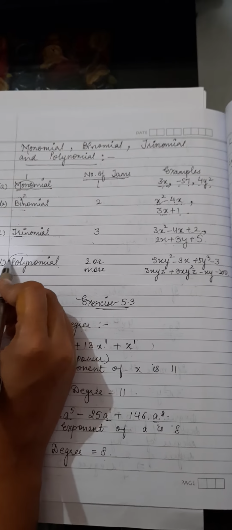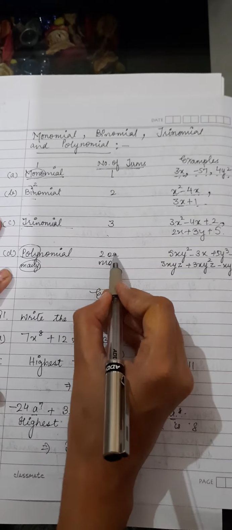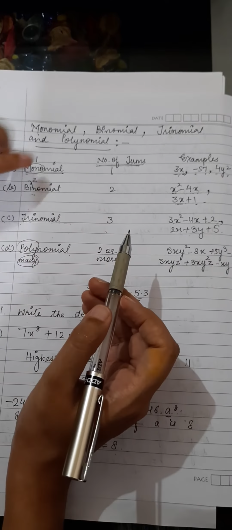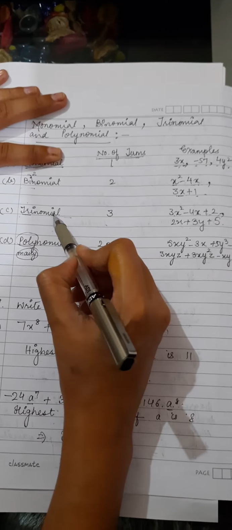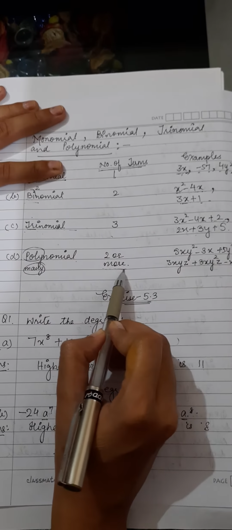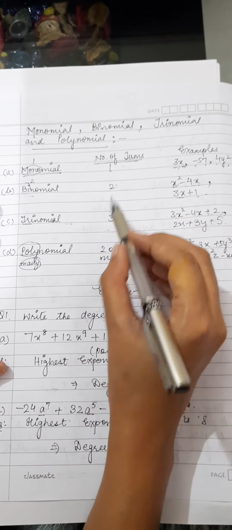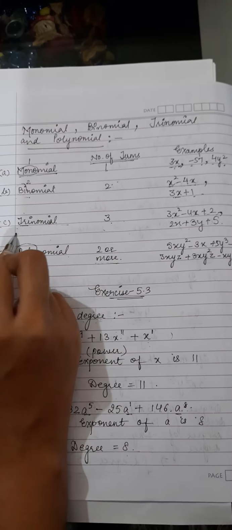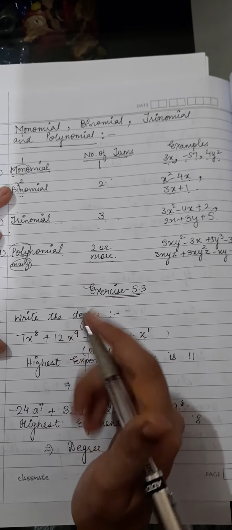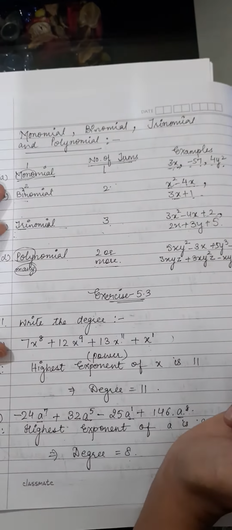Polynomial. Now what is the meaning of poly? Poly means many. So if there are 2 or more terms, all these except monomial, binomial, trinomial is also going to be a polynomial, because if the expression is having 2 or more number of terms, we are going to call it as polynomial. But we are having the names of those polynomials which are having the number of terms 2 and 3. So for 2 we are saying binomial, for 3 we are saying trinomial, and then after that so on, whatever will come, like it can be 4 number of terms, 5 number of terms in the expression. For that we are going to write polynomial.